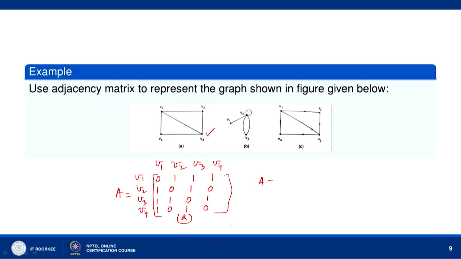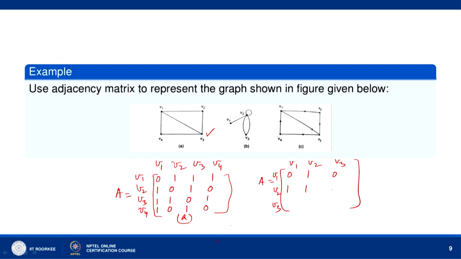So, here A will be equal to, now we have 3 vertices v1, v2, v3. At v1 there is no self loop, so we get 0. Then v1 is joined to v2, so we have value 1. v1 is not joined to v3 by an edge, so we get 0. So, 0 1 0. Now, let us see v2: v2 is joined to v1, so we get 1 here. Then at v2 there is a self loop, so we get value 1. So, it is not a symmetric matrix, you can see.